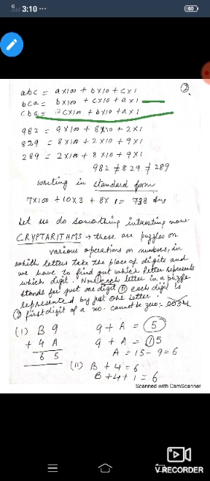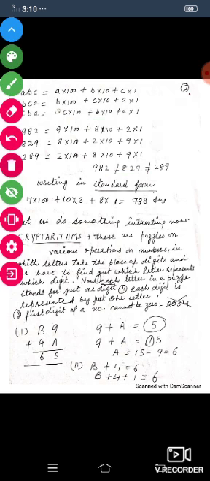Now, class, let us understand it through numbers. So, a three-digit number, let us take it as 982. It can be written as 9 into 100 plus 8 into 10 plus 2 into 1. Or, on reversing it, the number becomes 829 and it is written as 8 into 100 plus 2 into 10 plus 9 into 1. Or, it can be written as 289, that is equal to 2 into 100 plus 8 into 10 plus 9 into 1. But one thing is clear, that 982 is not equal to 829 or 289.